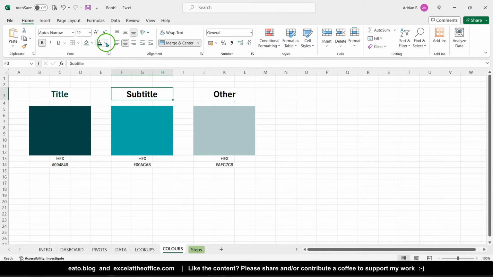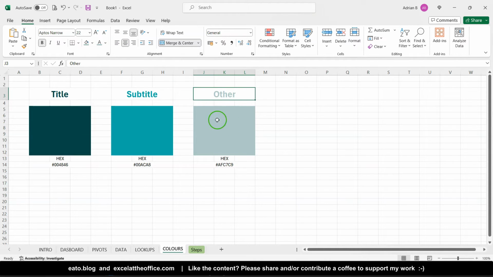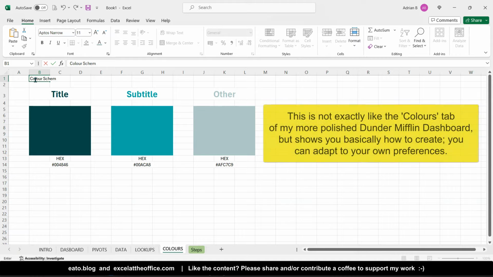But I don't need to do that for the other ones because they're in my recent colors. So it gives you a good preview of what it looks like as text and as a fill color. So I think that's a reasonable thing, and I can give this title color scheme,